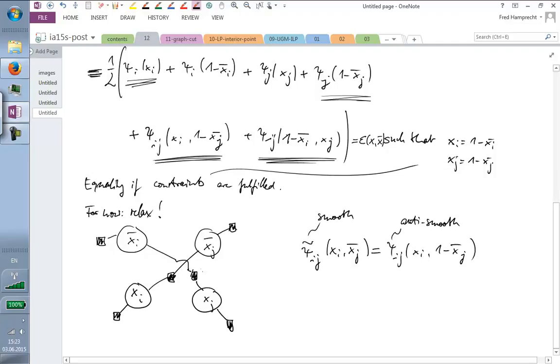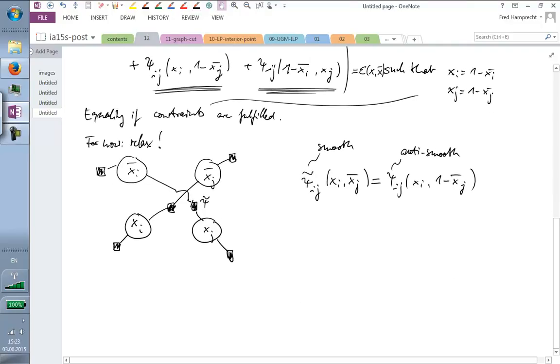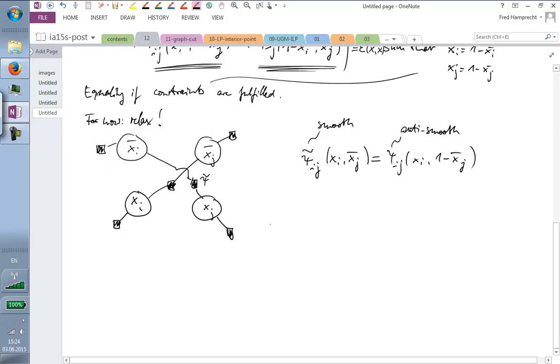So I'm now having these potentials psi tilde, which are smoothness potentials. This is now a graphical model with smooth potentials, or with submodular potentials, and for these we know how to set up a graph construction. So what I have obtained now is a binary